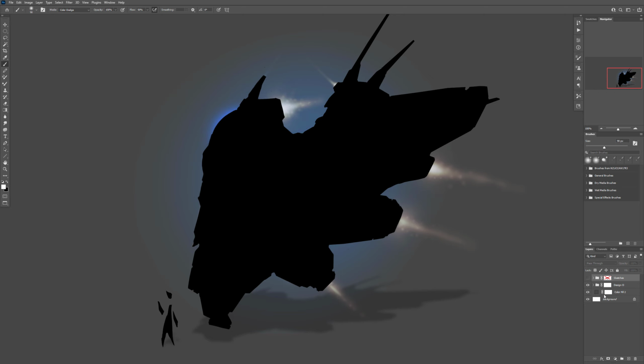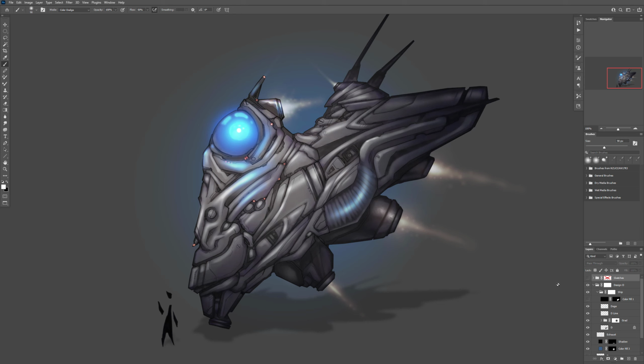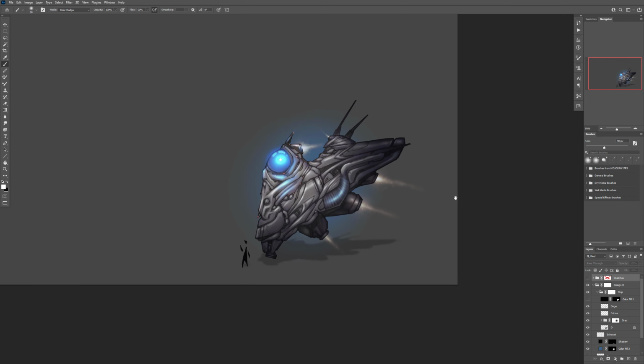And if I hide the backdrop part of this, let me go ahead and hide this part here. You can see this is what was created for this ship design. So if I zoom out a little bit, I just wanted to show you on this piece